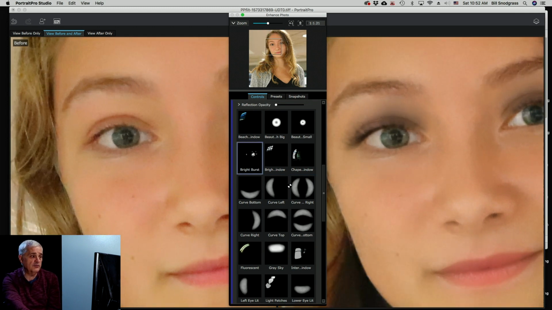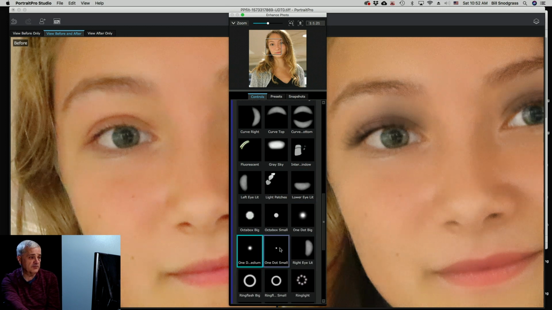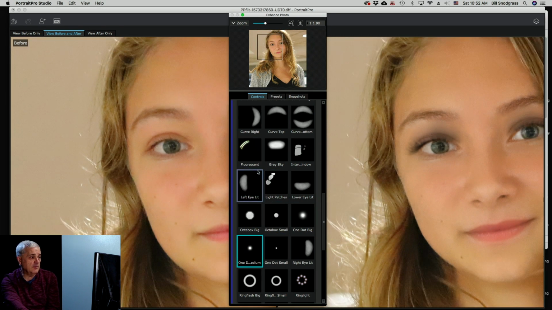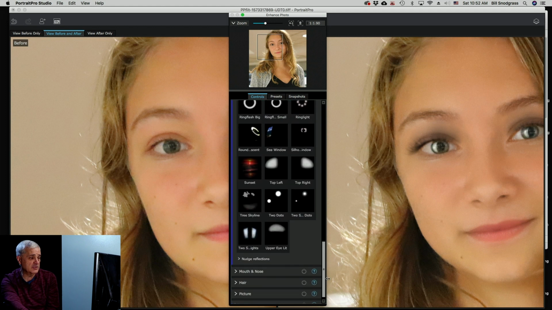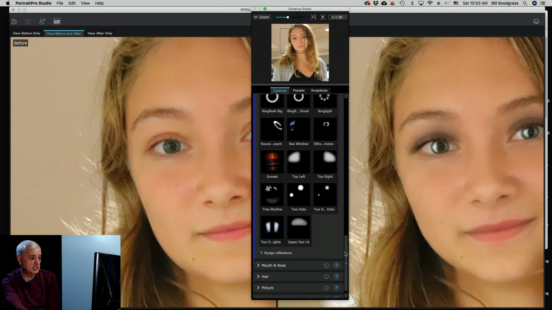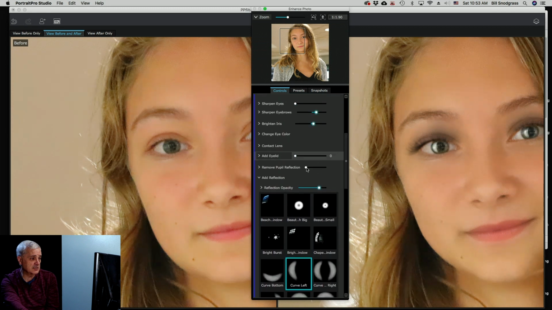Now this is a new interface for this program. So we can see that there was some light here and there was a dot there. And you can find all these different versions of the light reflection in the eye. I'm gonna grab this left curve, and that's way too big for my taste. I believe that I'm gonna have a setting to adjust that, and it is at the top. So I'm gonna bring that opacity down a whole lot,